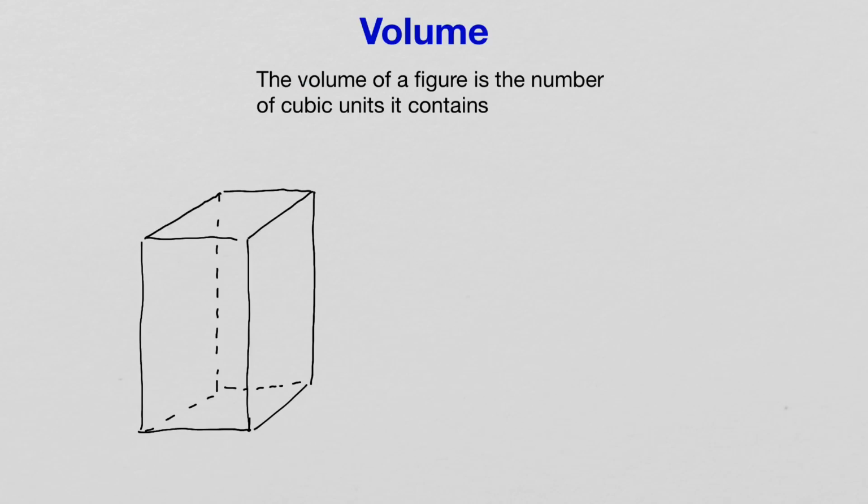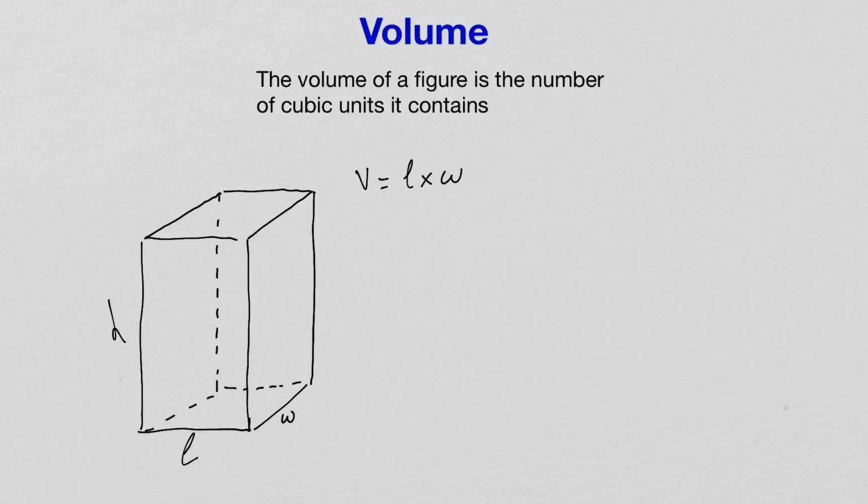Another physical quantity which has a unit that's derived from the unit for length is the volume. So the volume of a figure is the number of cubic units that it contains. So here is a nice rectangular shape. To calculate the volume of this shape, I must multiply its 3 dimensions: the value of the length, the value of the width, and the value of the height, h. So the volume will be the product of L